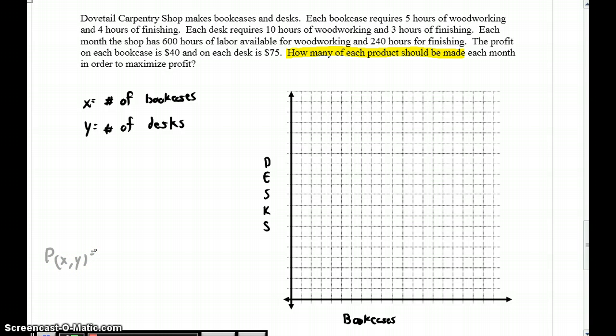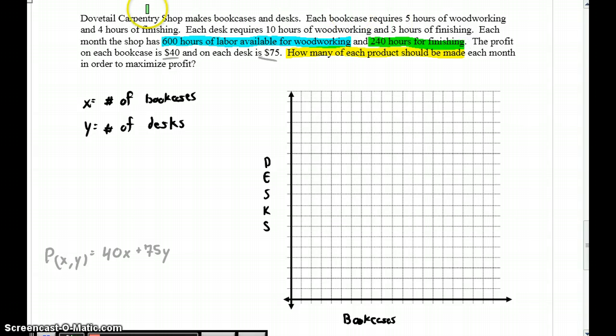And that's going to be given by $40 for each bookcase and $75 for each desk. Now, there's a couple limitations here, namely that we're talking about 600 hours for woodworking and 240 hours